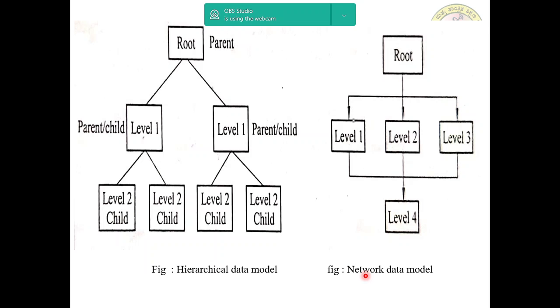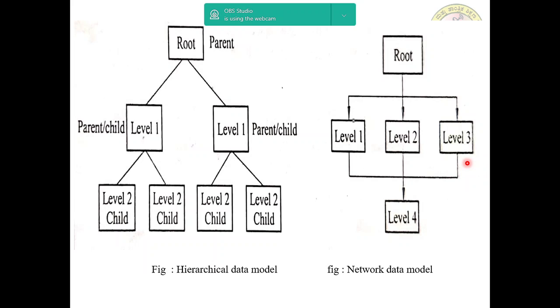This figure, the second sketch, shows the network data model. The network database model, as shown in this second sketch, uses a network structure to create relationships between entities. The data is organized in many-to-many relationships between linked records, and this is unique, unlike hierarchical databases where one node can have one parent only.